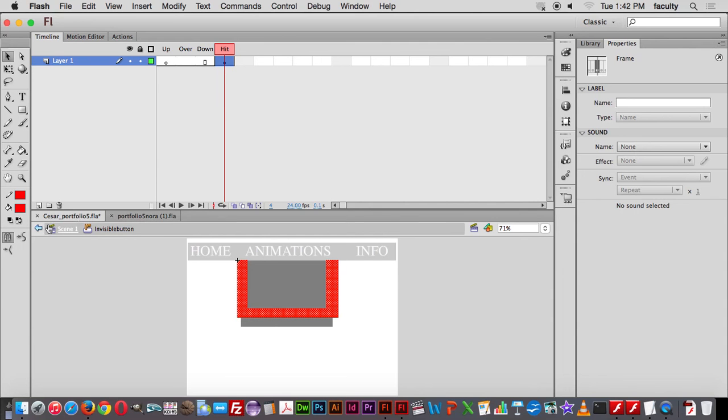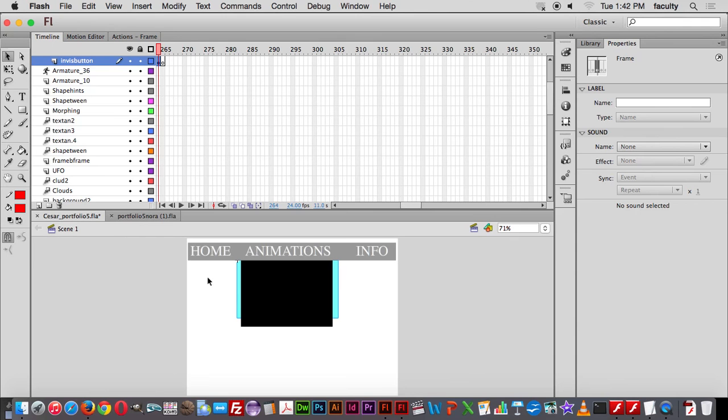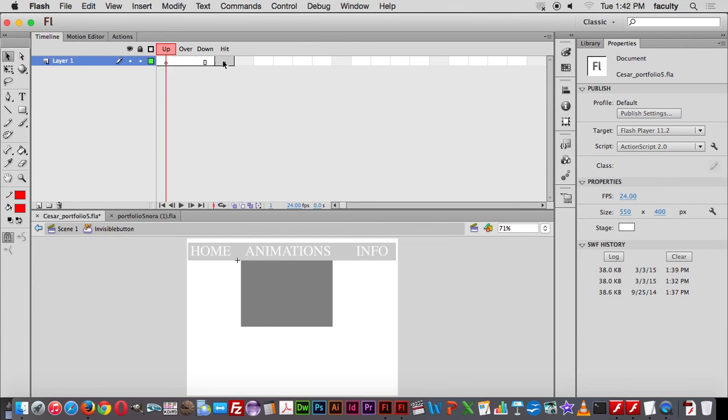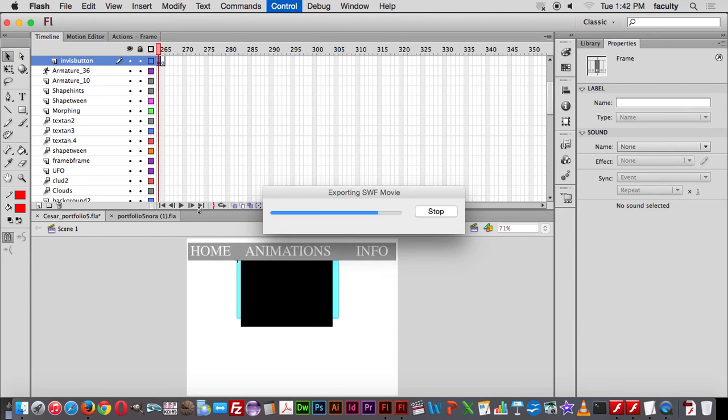Okay, so now watch when I go back to scene 1. It's got an aqua color to it, indicating that it's invisible because I've moved the up state keyframe to the hit state. Again, notice this. When I double click it, oops, wrong one. Notice the keyframe is not on the up state. The up state is empty. But the hit, you can see the button, right? Now when I test it one more time,